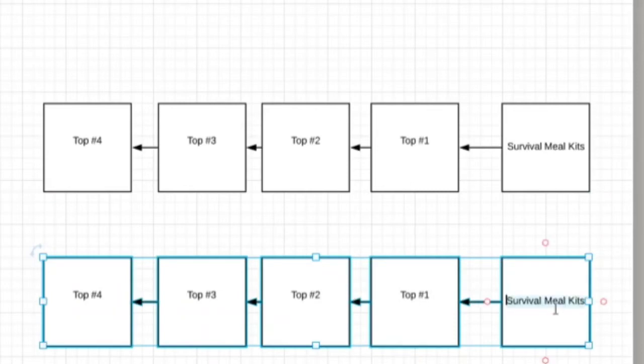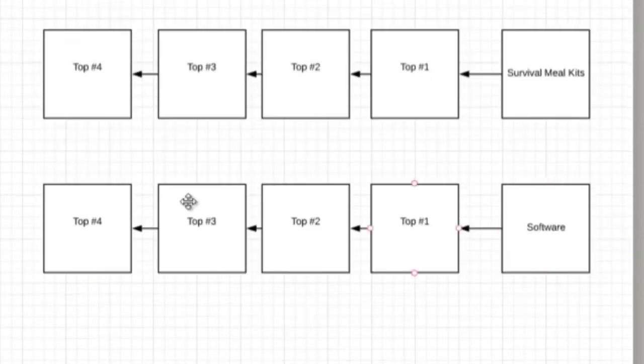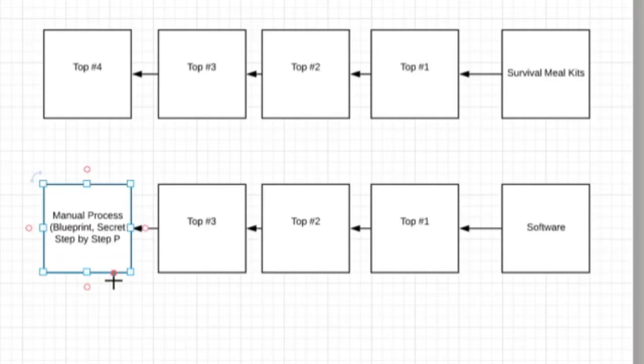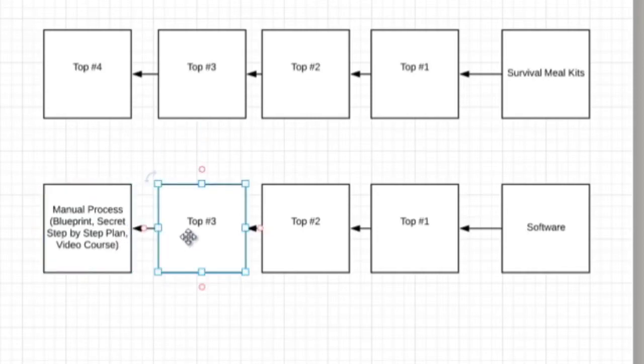So let's say, for example, you're selling a piece of software. So you could say, instead of saying top 4, 3, 2, 1, you could talk about the manual process. So this could be in the form of a blueprint, a secret plan, step-by-step plan, a video course. And then you talk about it every single email. Maybe you send them to a